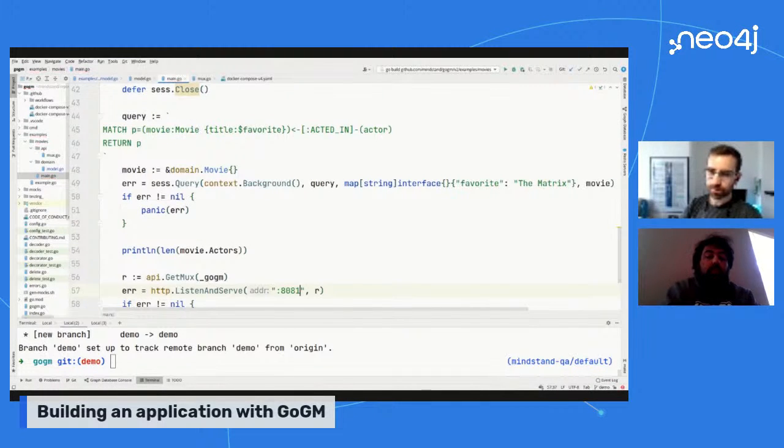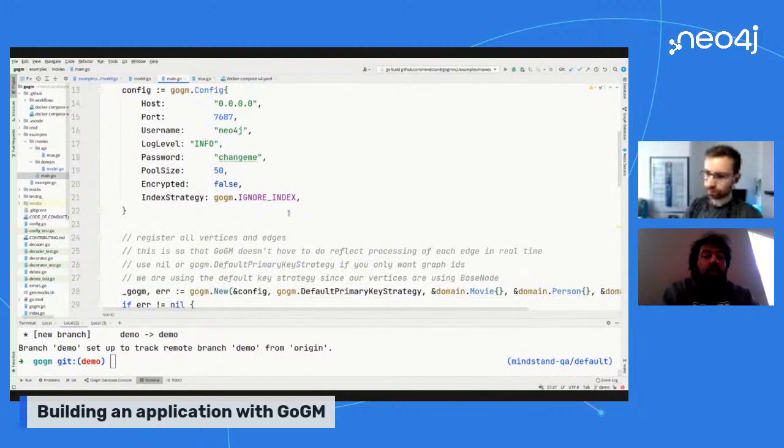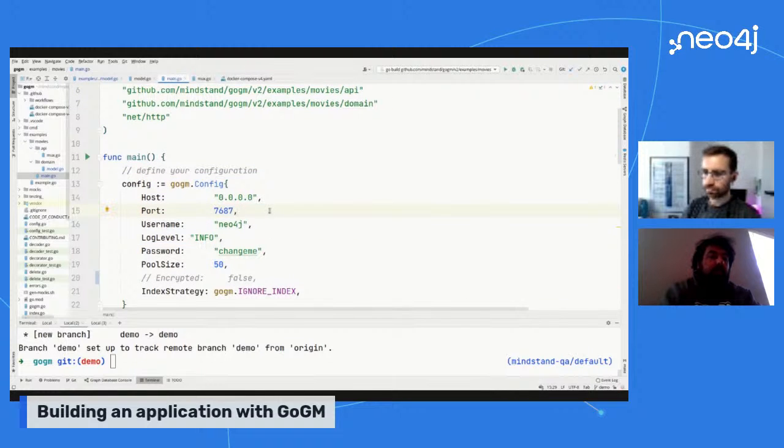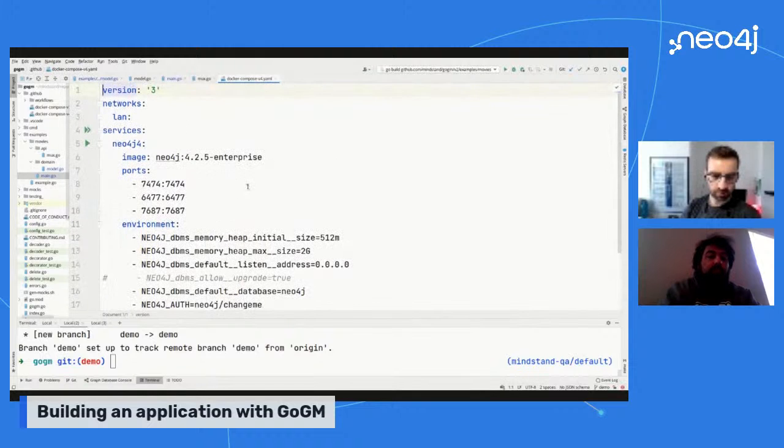I'm just using ignore for simplicity's sake here. Encrypted is actually going to be updated to give more TLS specific stuff. But the rest of this is specific to the Docker Compose that can be found in the .github folder of Gogem to run Neo4j v4.